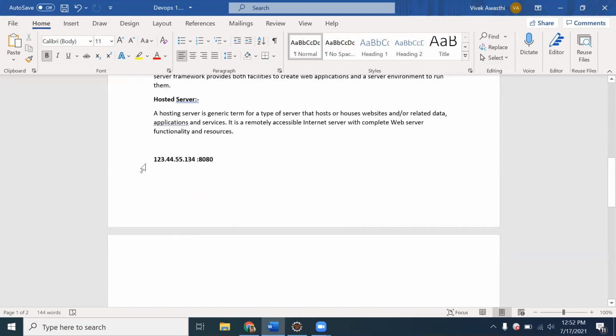Suppose that is the IP of my machine, and on this machine, on port 8080, we are running the application server. If we make this IP public, using that particular IP and the port number, we can access the application server. Inside the application server, our application is present, and using that, we can access our application. So that is the way. First, we have to install the application server, then place our application onto it, and then provide the hosted server's public IP and the port number. On that port number, the application server is running, and using that particular IP, we can access our application.